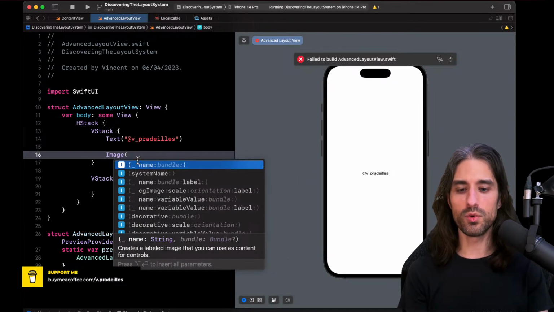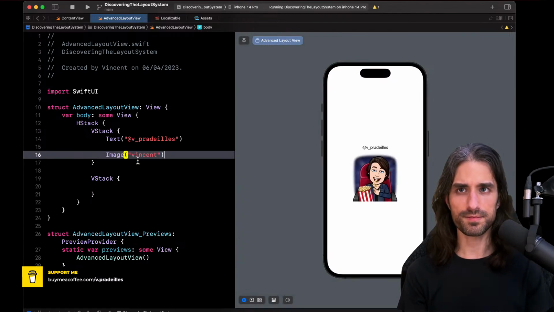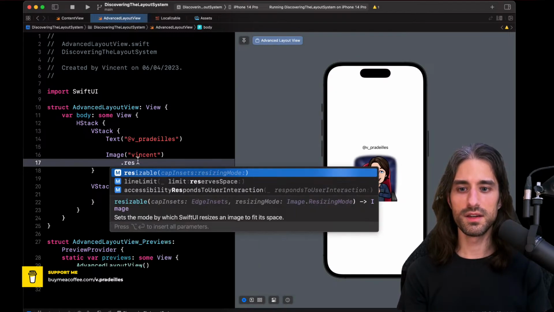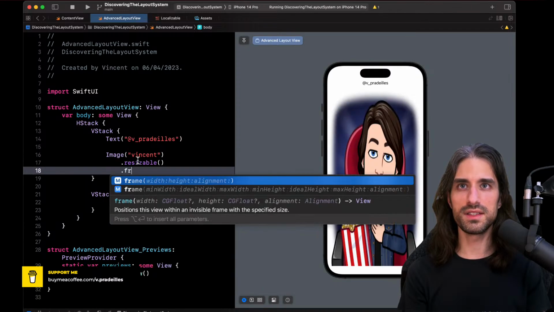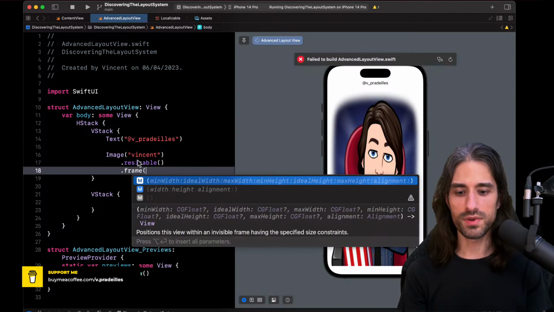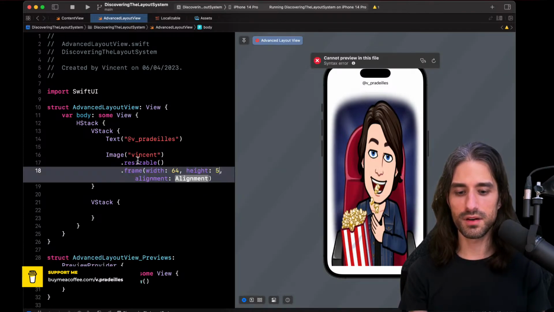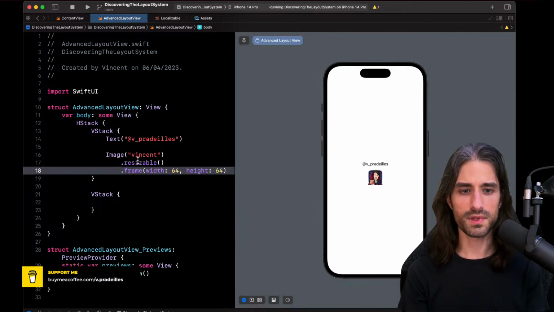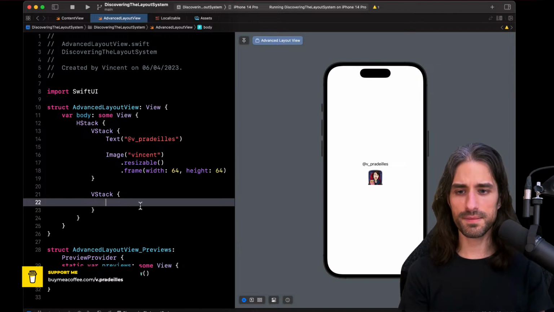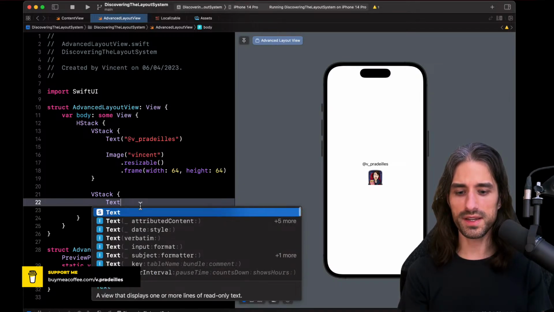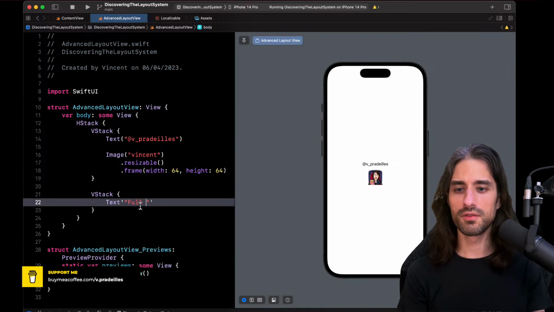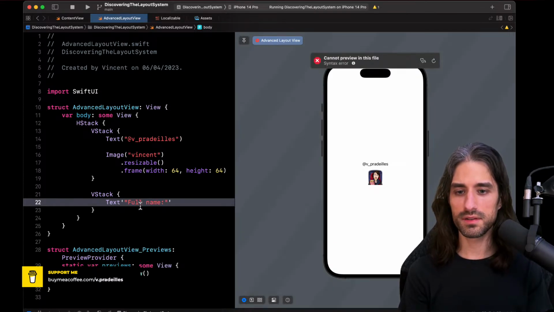So this image will be the one I've just added. Of course, let's make it resizable and let's give it a frame with width and height set. So 64 and 64, something like that. Okay. That was for the first VStack, so the left column I'm implementing. And then for the one on the right, so I'm going to say full name, okay?